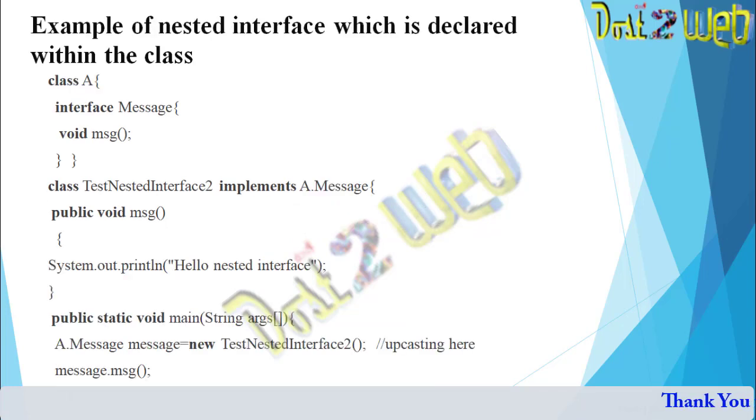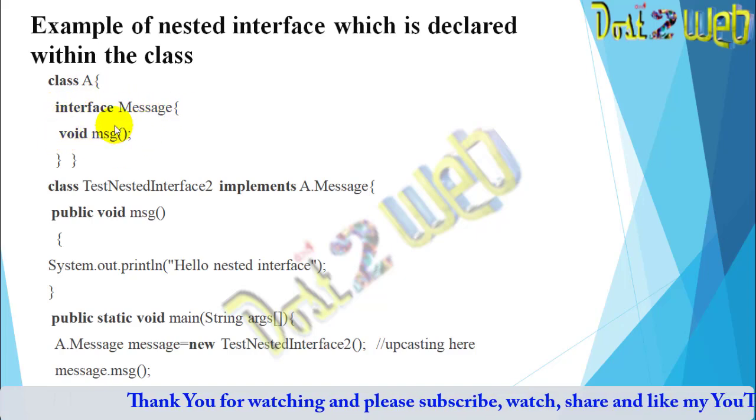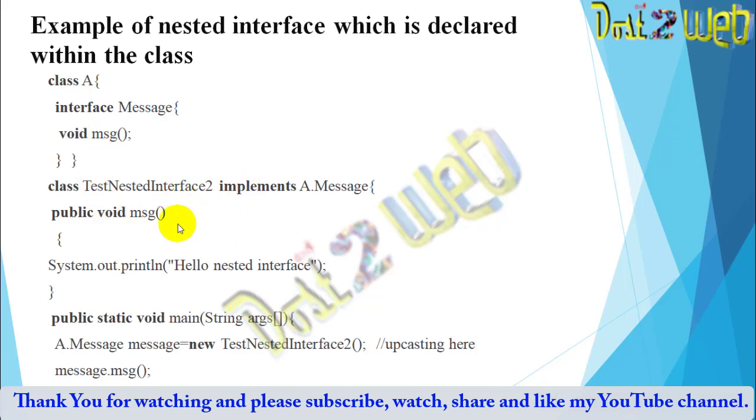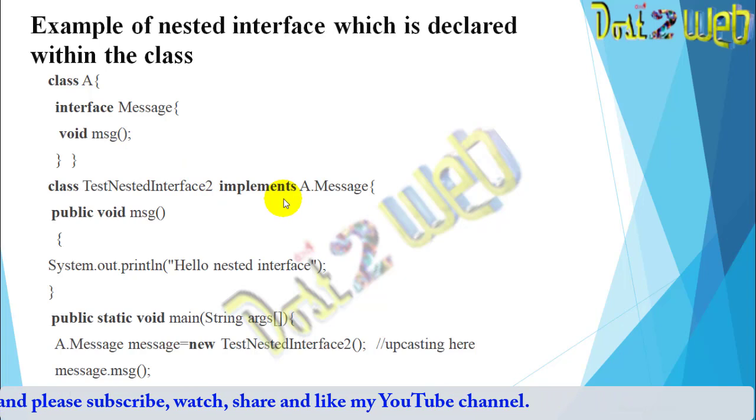Similarly, here is an example of a nested interface declared within a class. Create a class name, and inside that declare the interface with some method, whatever you want. Now create the main class and implement this message. How are you going to implement?